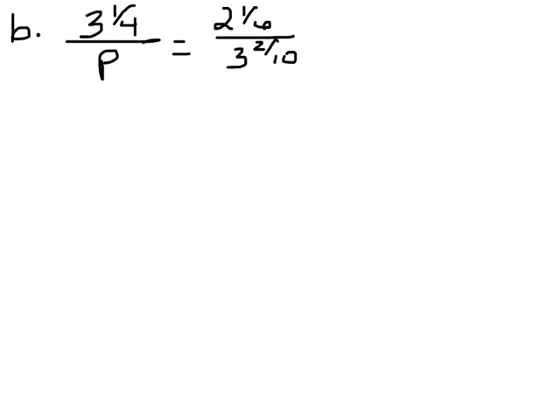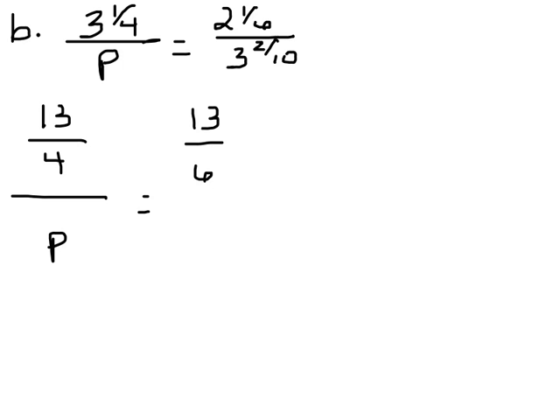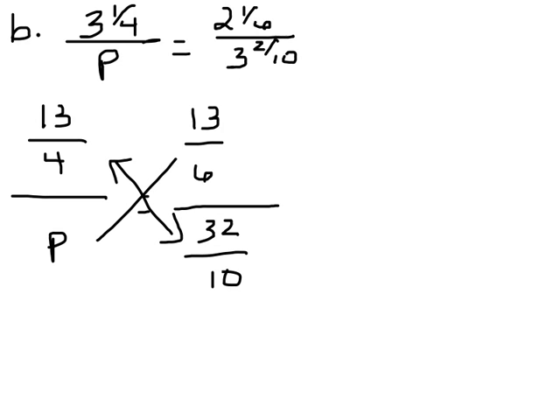Here we've got a mixed number that we're going to need to turn into an improper fraction. Let's get started. 13 over 4 over p equals, let's see, 13 over 6 divided by 42 over 10. When I cross multiply, I'm going to get 13